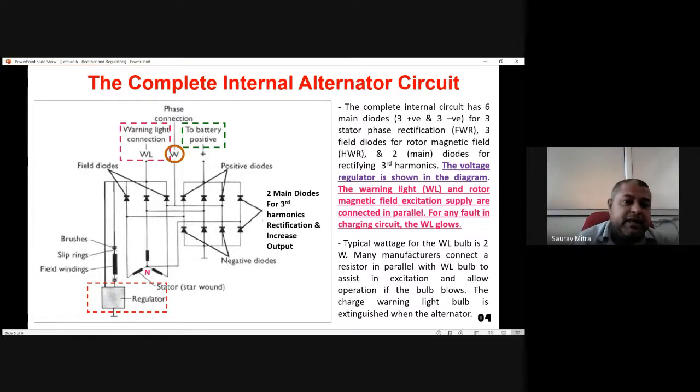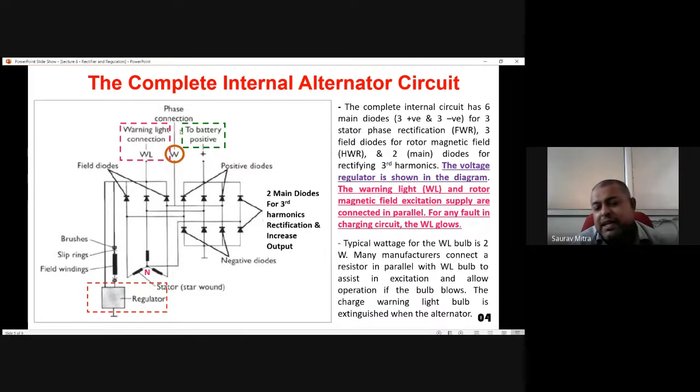Okay, and if there is a change in the alternator output frequency, there will be a change in the DC produced at this point. So this point W is actually for phase connection, and this is for estimating the phase frequency as well as the alternator frequency, or actually for the car speed. So for rev count, that is engine revolution per second count, this phase connection can be used.